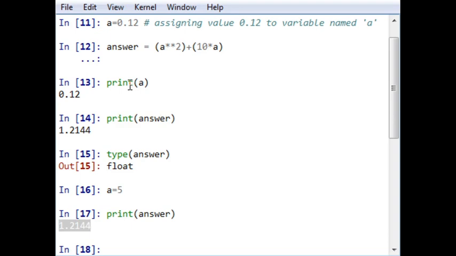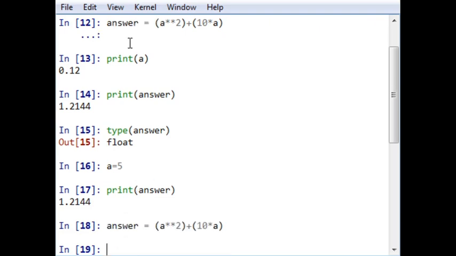This clearly says that by changing the value assigned to a, you can't directly change the value of answer.